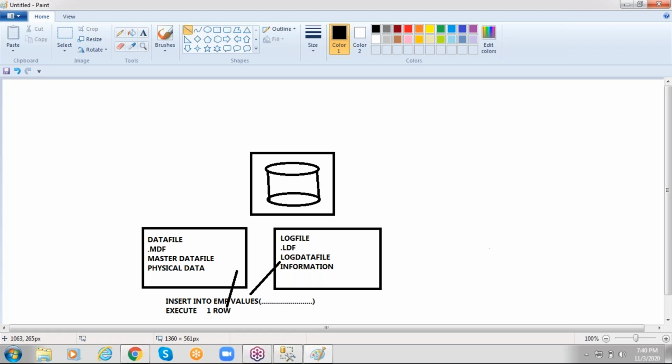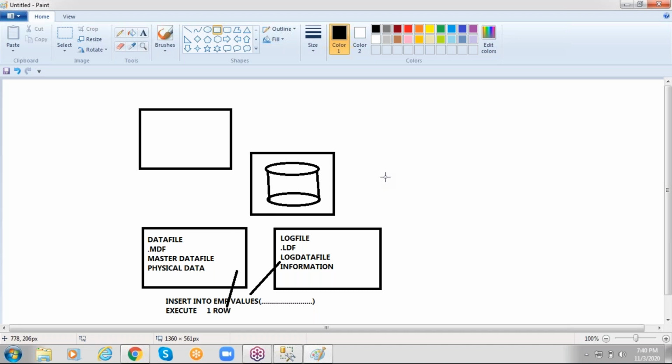So now, if you are facing a space issue with the data file disk, take a new disk. You can store the remaining data in the new disk. But suppose I have taken a new disk there.